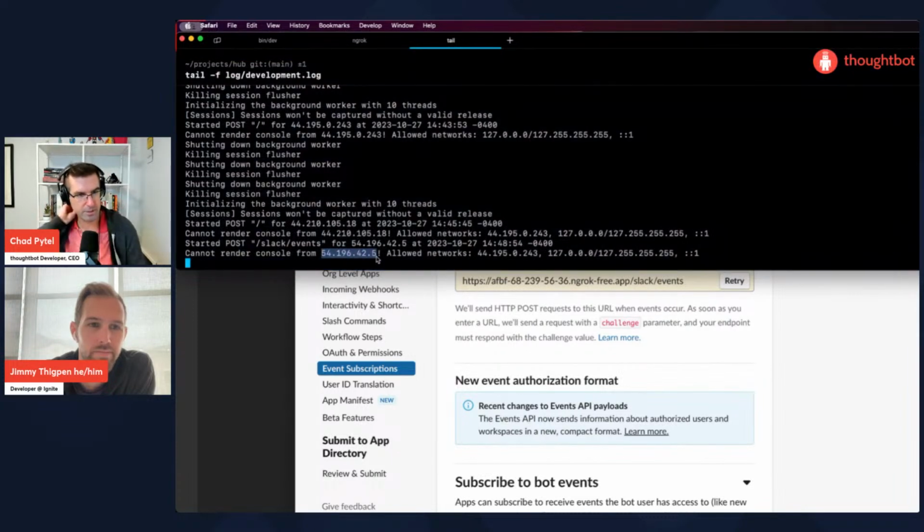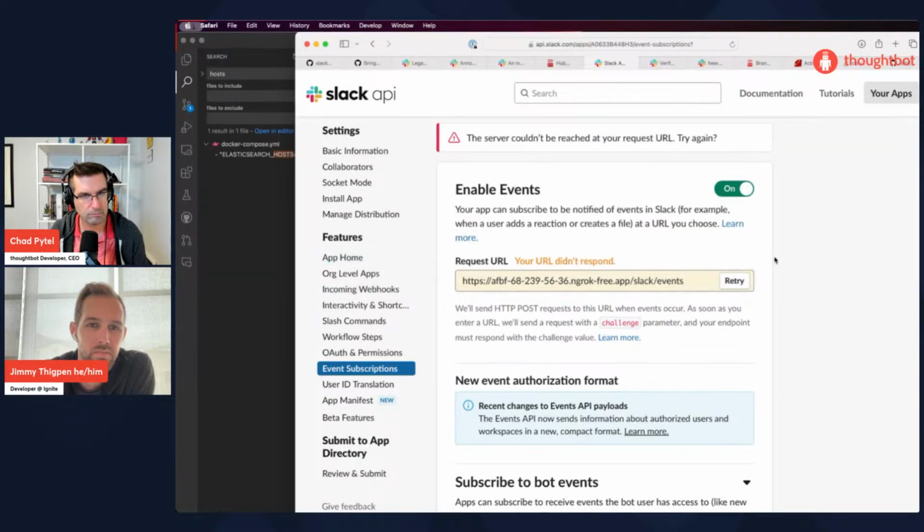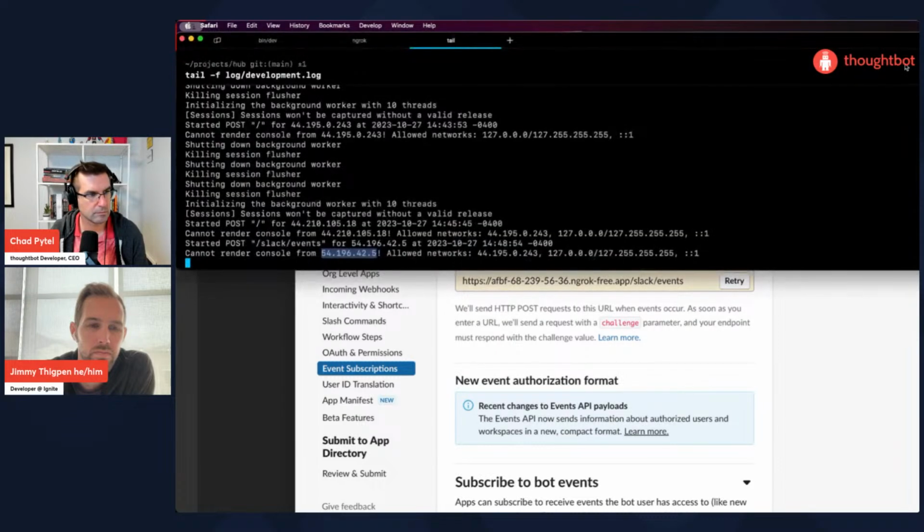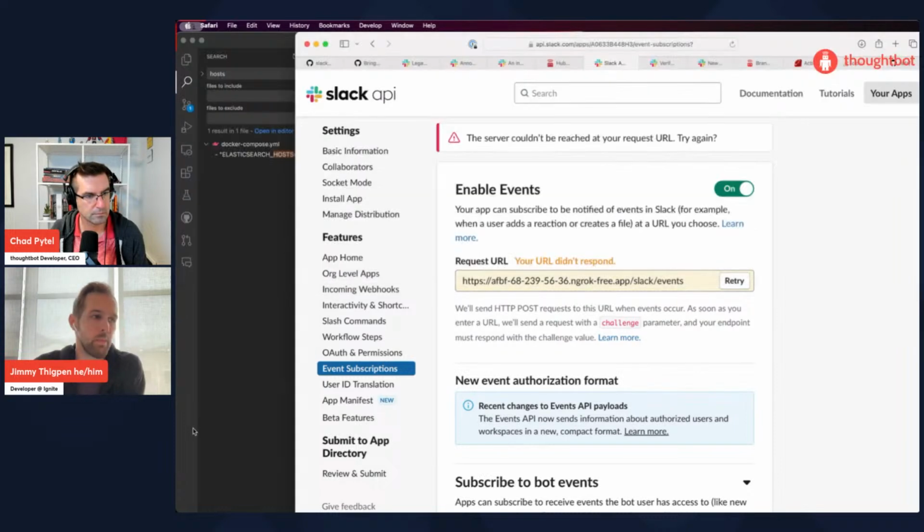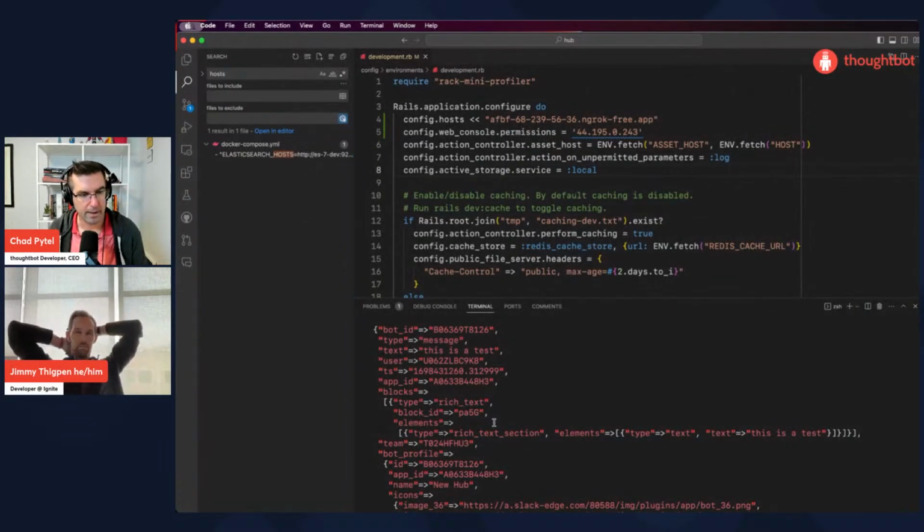So this must just be from every time a request comes in to ngrok, it's routing it through some sort of server, so the IP address keeps on changing. With a controller setup, we would just be able to log in the controller, right? Yeah. So let's try that.